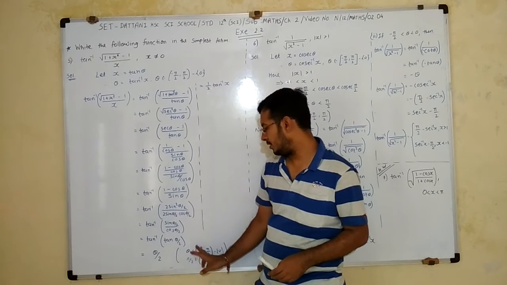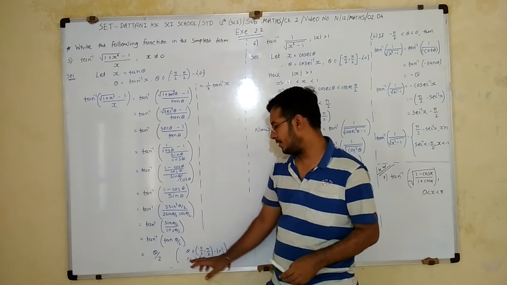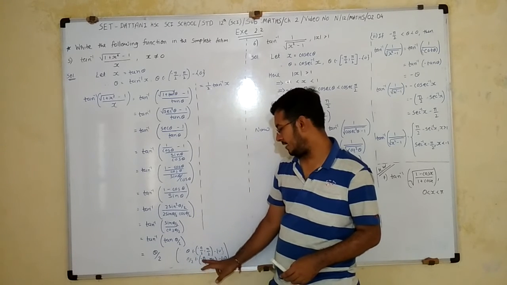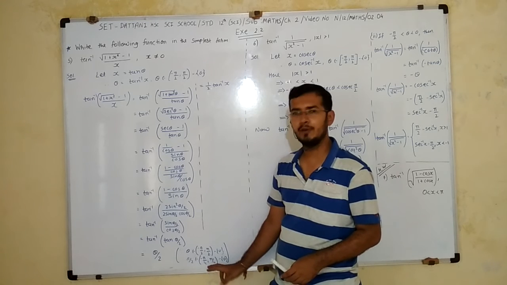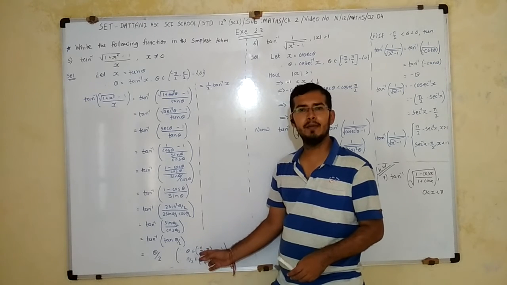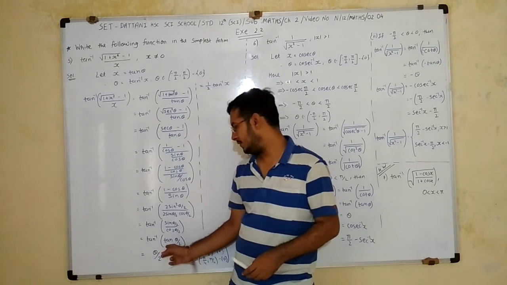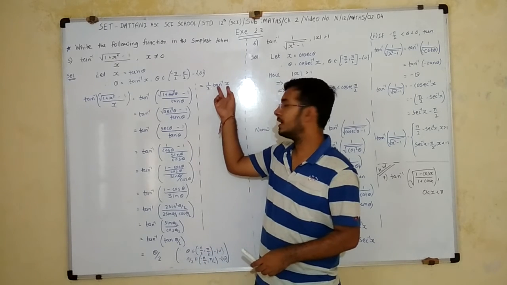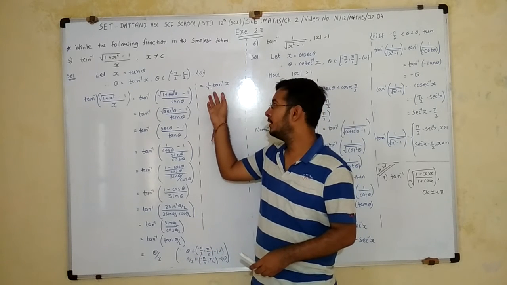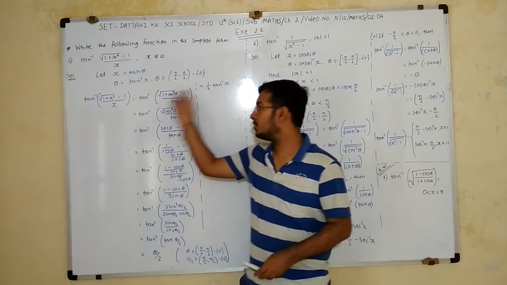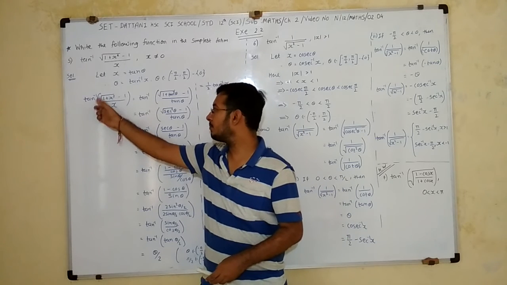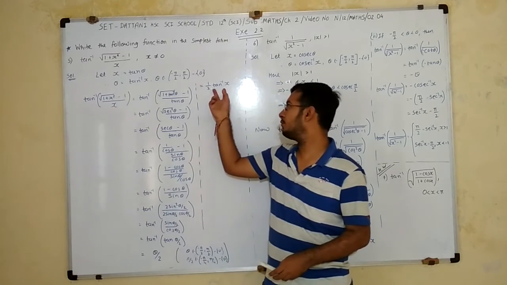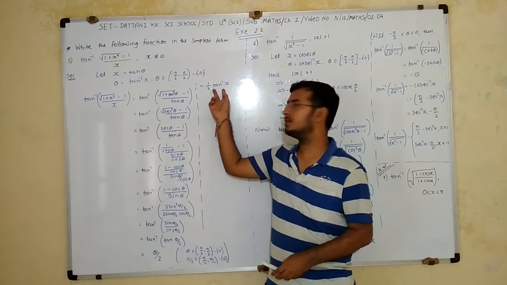Here the range is theta belongs to minus pi by 2 to pi by 2. We have theta by 2, so we divide by 2 and get minus pi by 4 to pi by 4. It belongs to minus pi by 2 to pi by 2, so tan inverse and tan remove and I get theta by 2. I just put theta is equal to tan inverse x, so it is a simple form. So tan inverse of the root bracket, root of 1 plus x square minus 1, upon x, its simple form is 1 by 2 tan inverse x.